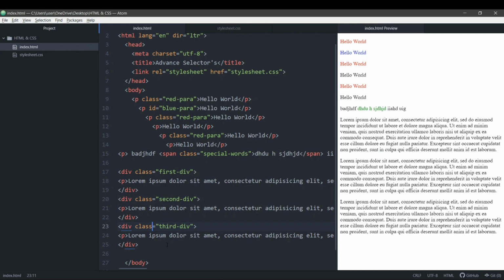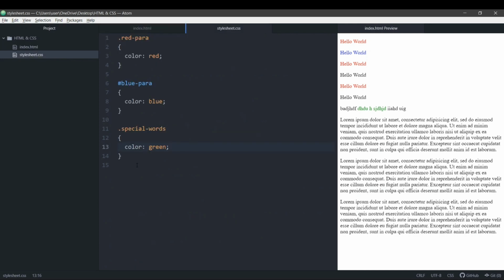So I've created these 3 classes. Now first div will have blue color. So what we'll do is dot or period and first div, and here we'll give it color blue, and I'll save it. As soon as I save it, you can see that it has a blue color.